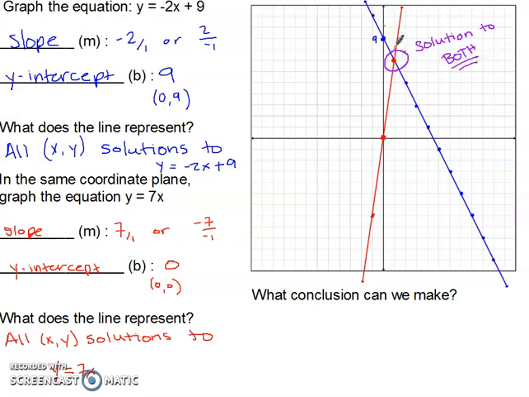It's on the blue line, so it has to be a solution to the blue. It's on the red line, so it has to be a solution to the red. So therefore, it's a solution to both. So the conclusion that we make is that the point of intersection, or crossing,